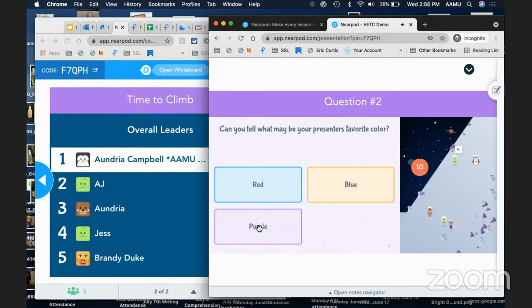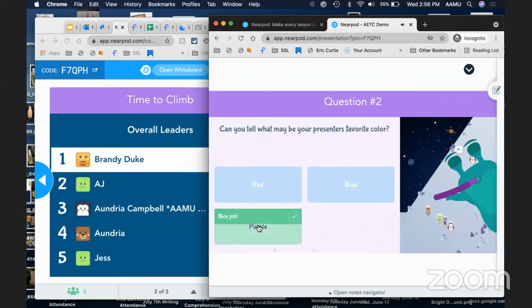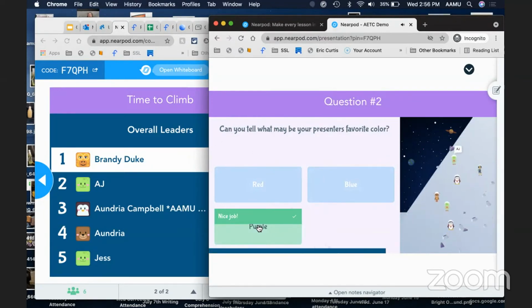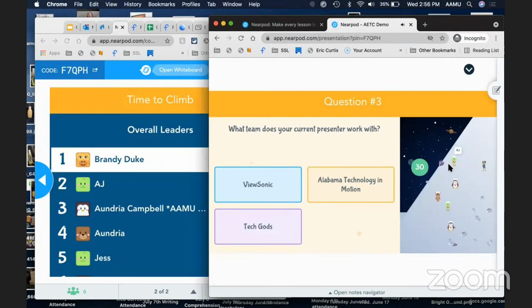I'm gonna let this person get it correct. This person's gonna get it correct. This person over here is gonna get it incorrect. And watch. Everybody's moving. You see? And now you see how on my screen, you saw my name, okay? All I can see is my name. Now I see my classmates, but they don't have names. So if they hover over it, they can see the names. But this is me right here.